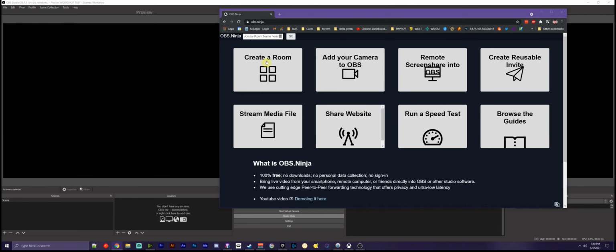I have not used the room feature, but you can create a room full of different cameras if you wanted to, much like in Discord or in Meet or Zoom or anything. Add your camera to OBS, which means that